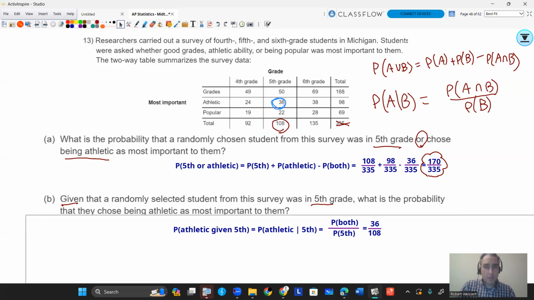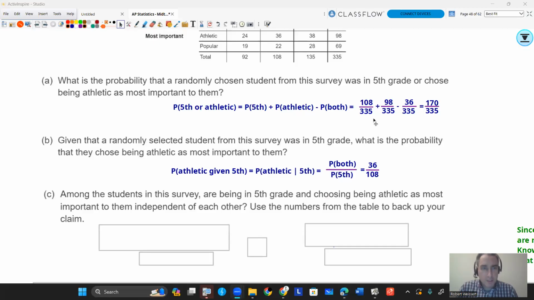All right, there's another part. Okay, part C. Among the students in the survey, are being fifth grade and choosing being athletic as most important to them independent of each other? Wow, let me read that again. Among the students in the survey, are being in fifth grade and choosing being athletic as most important to them independent of each other? And what you're looking for in independent, let me bring the numbers down here,